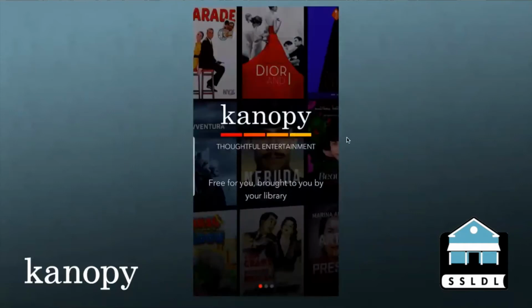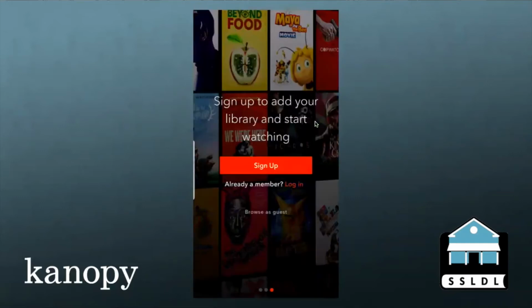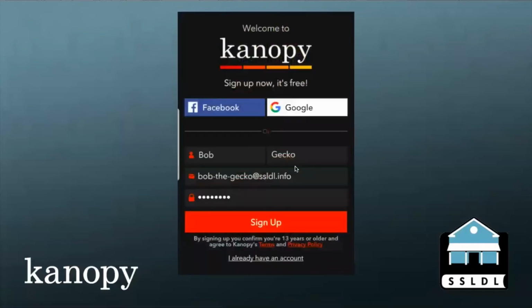I installed Kanopy on my mobile device. I just went to the App Store and searched for Kanopy with a K, and here's the welcome screen. I swiped through a few pages and eventually it brought me to the sign up or login page. If this is the very first time you've used Kanopy, you'll hit the sign up button, which will bring you to a screen here. You can either sign up using your Facebook or Google account, or you can enter your